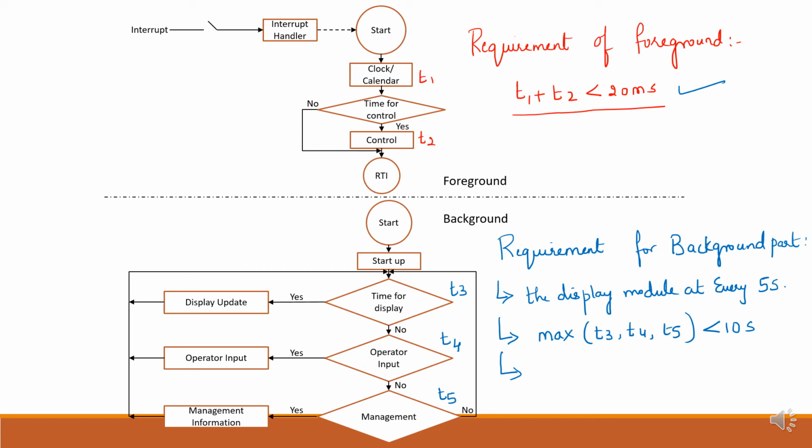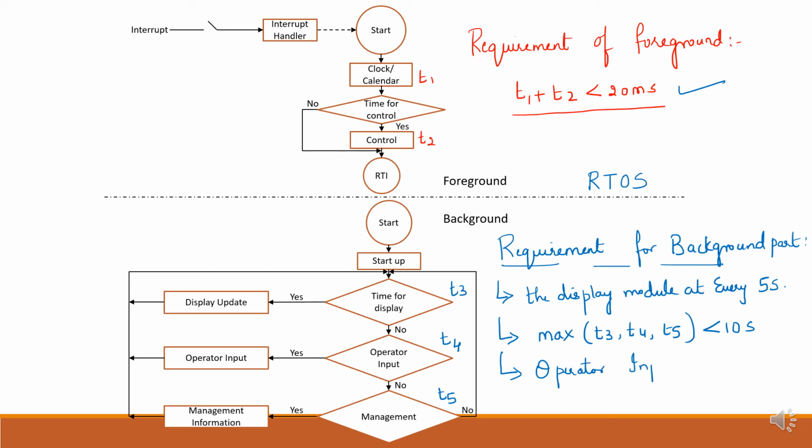It has to run within 20 milliseconds because these are the highest priority tasks. So in this approach we are trying to separate or partition both foreground and background. How are we partitioning this? Using support from a real-time operating system. We can write one more like this. We can write our own requirements.